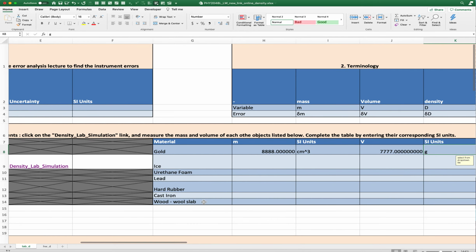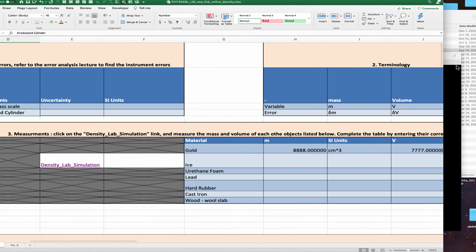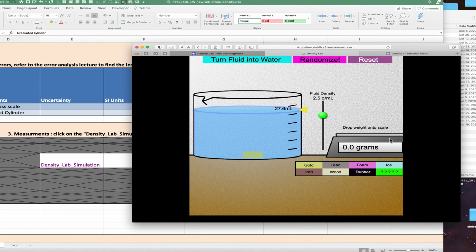Also, now you can go up here and actually get the values for the error for the mass and then the error for the volume. So the way to do that is you're going to click on that computer simulation. Let me just pick a random sample here. If I pick this one here, you place it on a digital mass scale. If you notice, looking at this reading here,